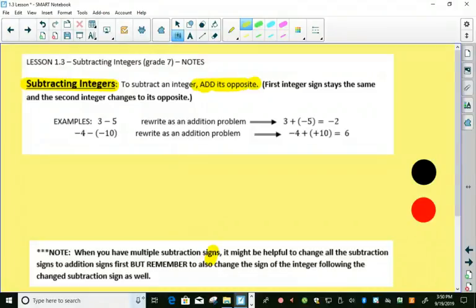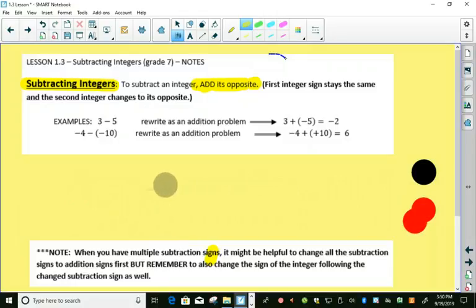A lot of you actually started to notice that that pattern was occurring when you were using your counters yesterday. So let's look at an example. We have 3 minus 5. To show this with the counters, my red is going to represent my negatives and my black is going to represent my positives. So if I go ahead and show 3,